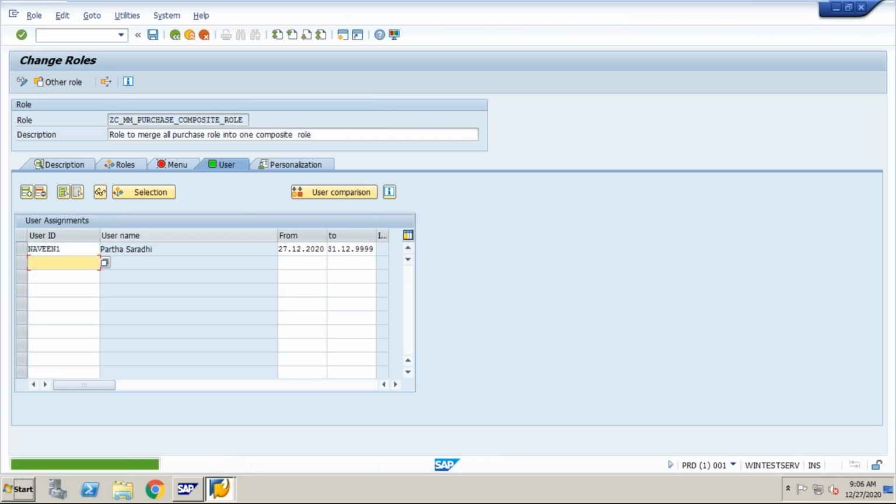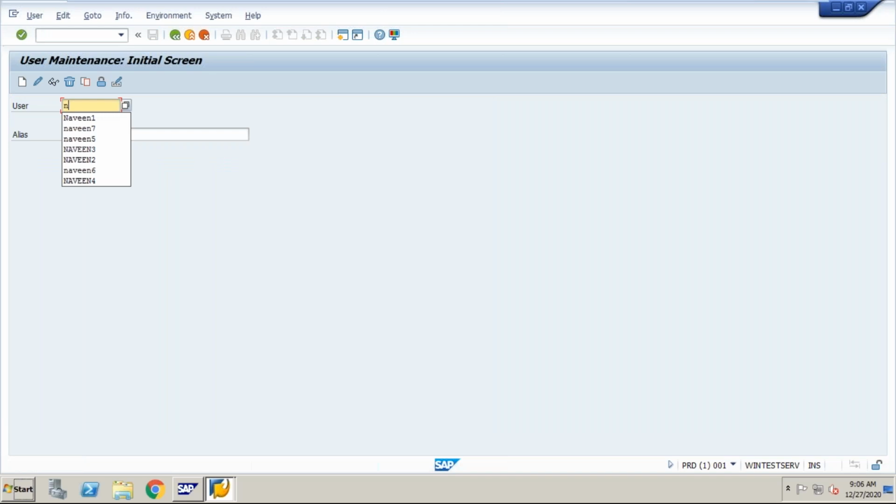Go to display mode. Go to the roles section. Yes, see, ZCMM purchase composite role. You can see the composite role icon here. The composite consists of 1, 2, 3, 4, 5, 6, 7, 8. This is a combination of all 8 roles, where it is a composite. So now Naveen is able to work